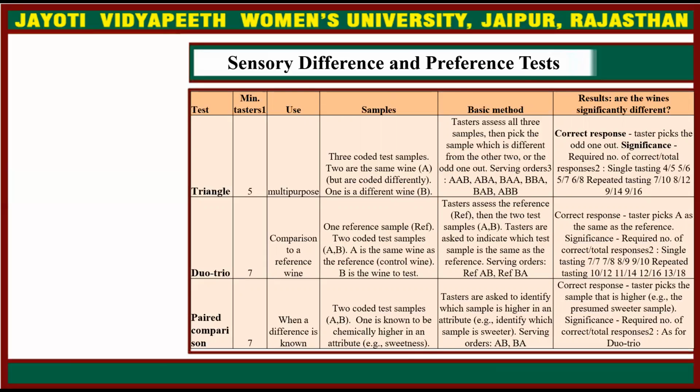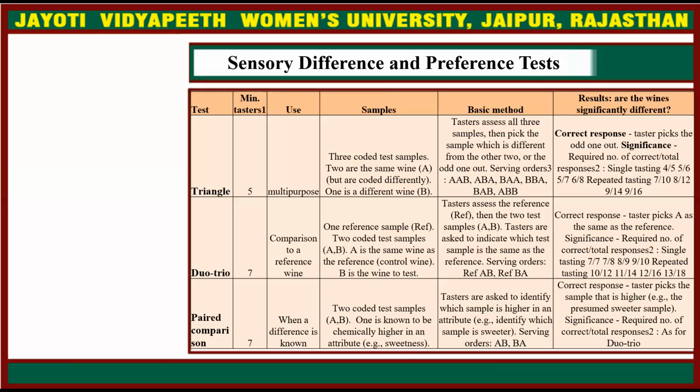Okay, then the duo trio test. Minimum tasters required are 7. It uses comparison to a reference wine. There is 1 reference sample and 2 coded test samples. A is the same wine as the reference and B is the wine to test. Tasters assess the reference, then the 2 test samples. Tasters are asked to indicate which test sample is the same as the reference. The serving orders are reference AB and reference BA. Then the correct response is that the taster picks A as the same as the reference. And then paired